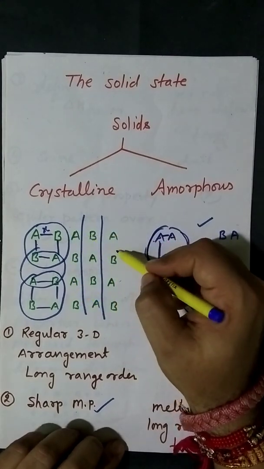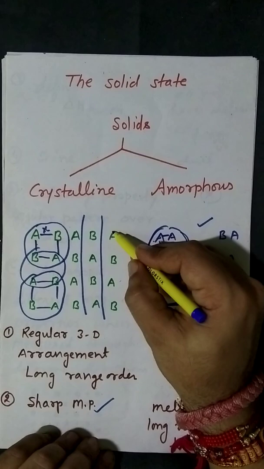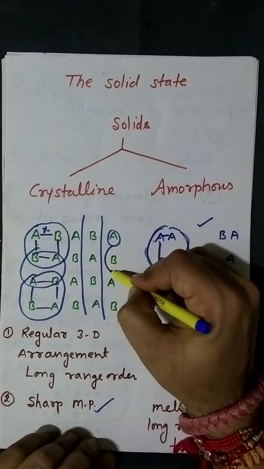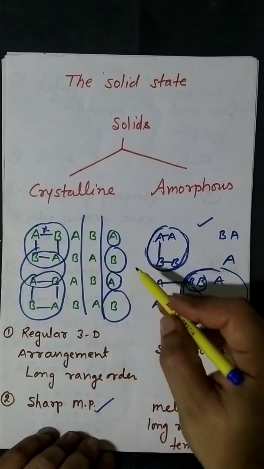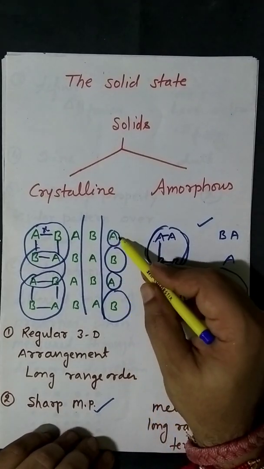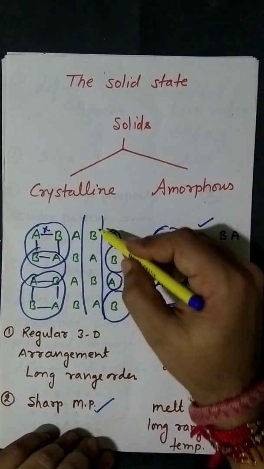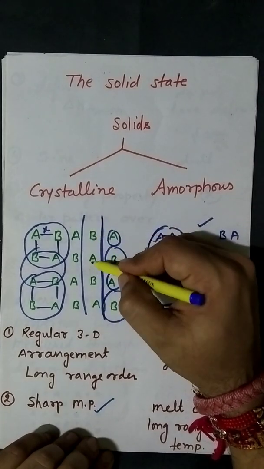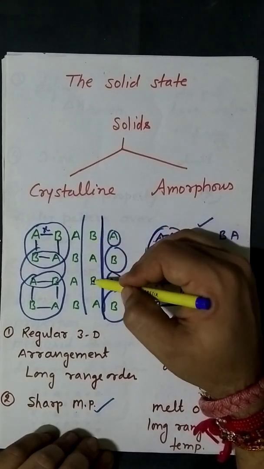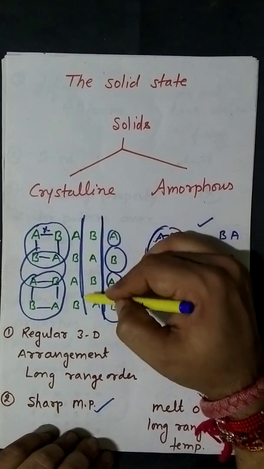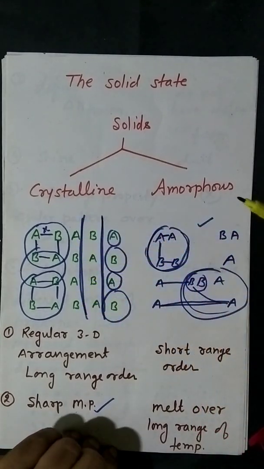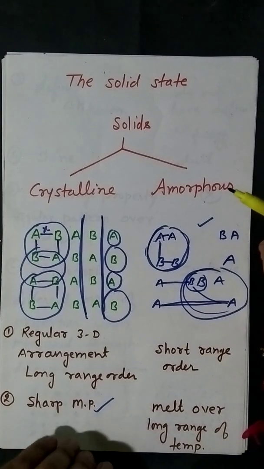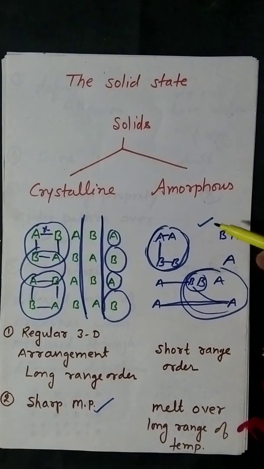And A and B, you know that these are two different types of particles. Let A be a small and B be a big particle. Once again it's a small particle, once again it is a big particle. So you can see here that it has a zigzag pattern. If you cleave the particle from here, once again it will be a zigzag pattern, a big and small particle. If you break here, once again it is the same zigzag pattern. So whenever it is broken down, the surface has a regular pattern, that is known as the cleavage property.